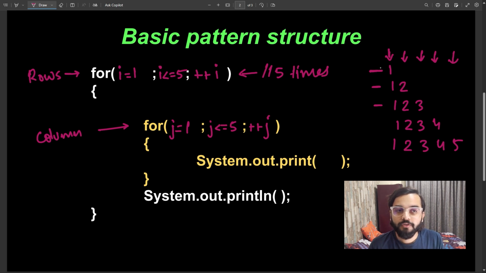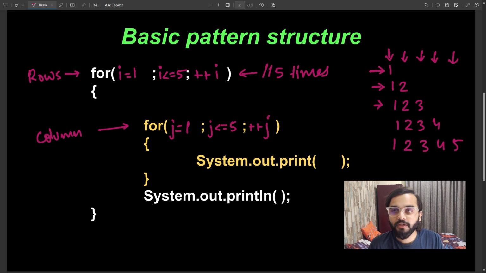If the row number is 1, then the number of columns should also be 1. If the row number is 2, the number of columns should also be 2. If the row number is 3, the number of columns should also be 3. In order to verify this, we just have to change one condition such that the number of columns that has to be executed is less than or equal to the row number.